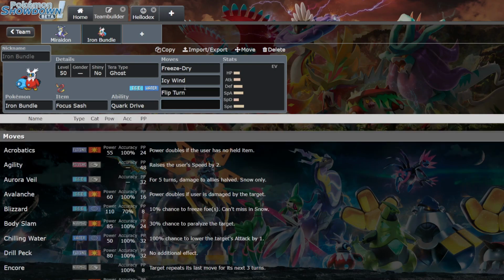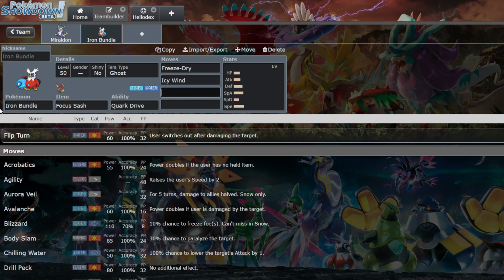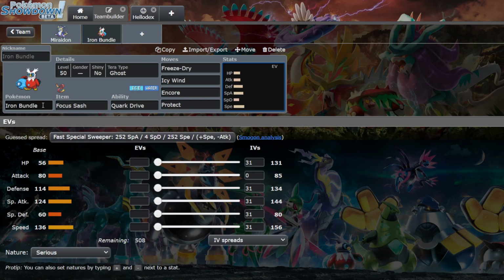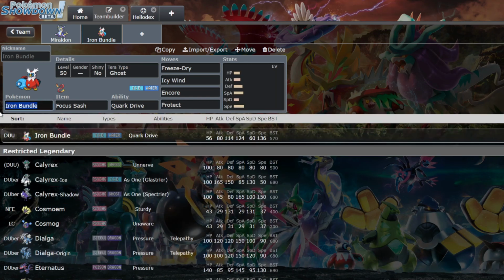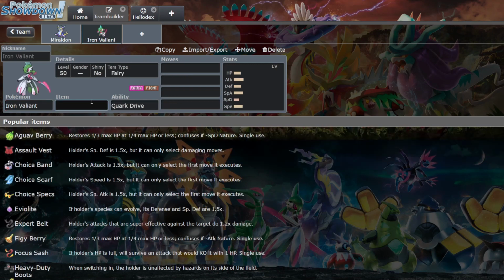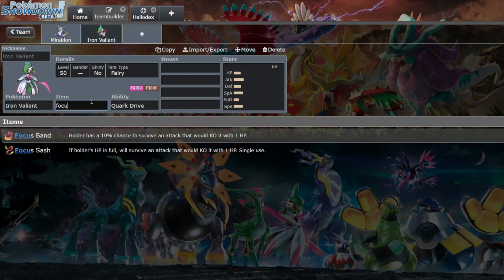I can't remember who said Flip Turn, but whoever said Flip Turn, don't. I'm personally running Encore and then Protect. But Iron Bundle isn't the only option, because singles players rejoice. Iron Valiant's legit now. This also runs a Focus Sash